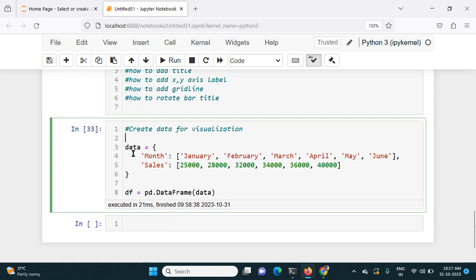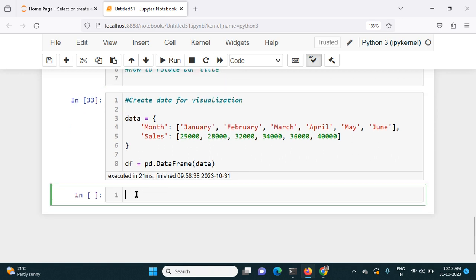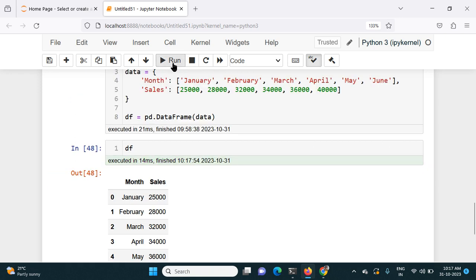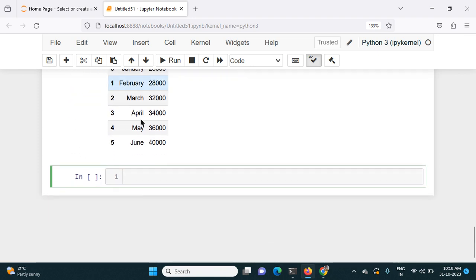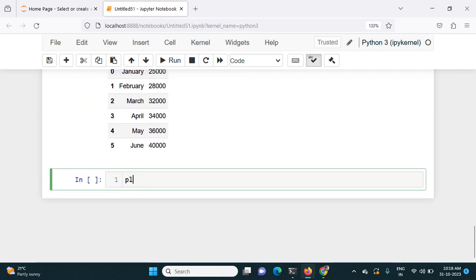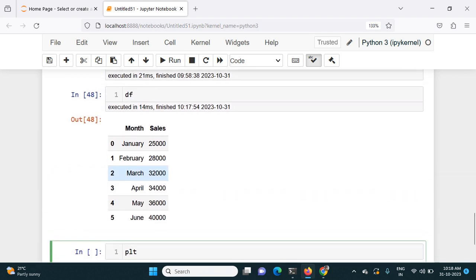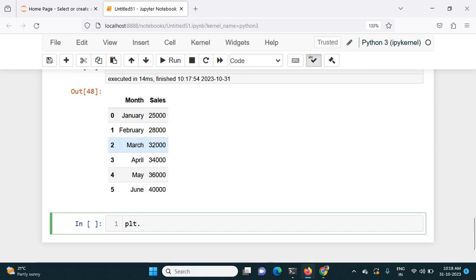After creating the data, I will convert that into a data frame. That is stored in df. If I now check the df, this is how my data frame looks. It has the month and sales details. So let's plot this in a histogram first. In order to do that, I will use plt. Let's say we will plot it in a bar chart. That's the best, so we will use bar,